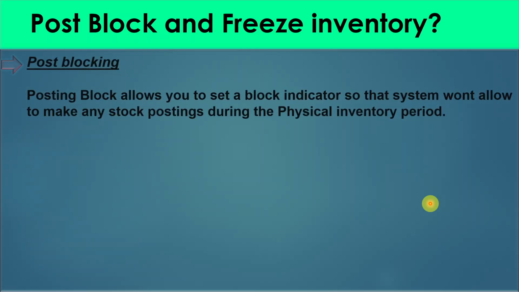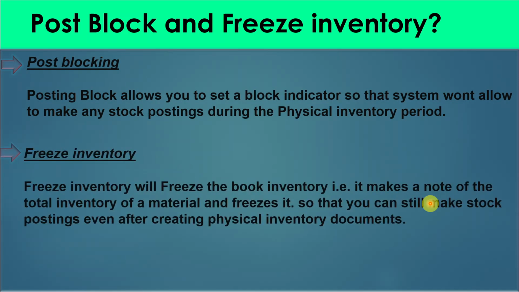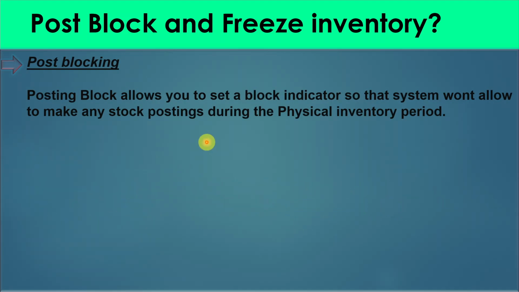Then we will talk some about this post block and freeze inventory in the system. I will show you as well. So post block allows you to set the block indicator so that the system won't allow any stock posting during the physical inventory period. What it means is, if you want to do physical inventory and